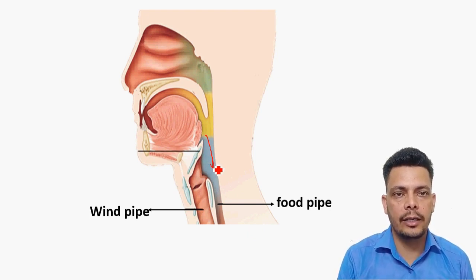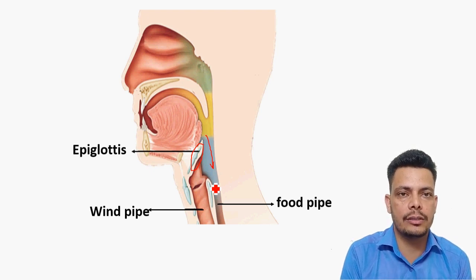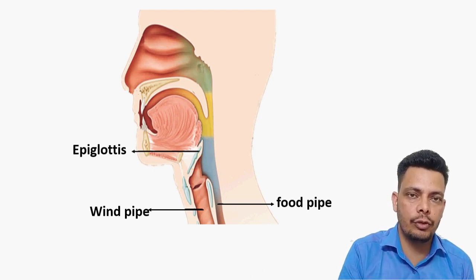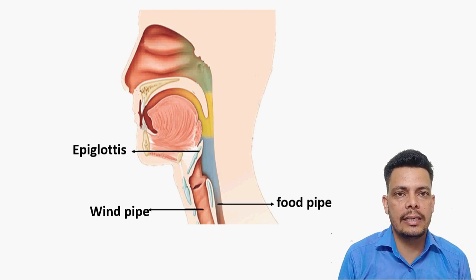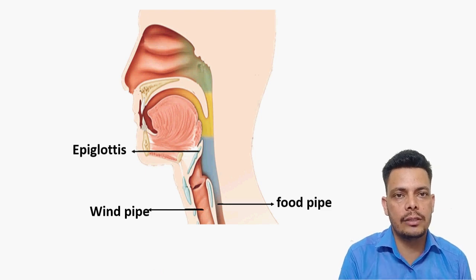Because at the starting of the windpipe, that rim is there and we call it glottis, the opening or the mouth of the windpipe. It is stopped by an epiglottis. So there is an epiglottis structure which closes the windpipe and directs the food into the esophagus. Because it is above the glottis, we call it epi. Epi means above, epiglottis means above the glottis. So now the food doesn't go into the windpipe. When you swallow anything, your windpipe is closed by the epiglottis and the food is going into the